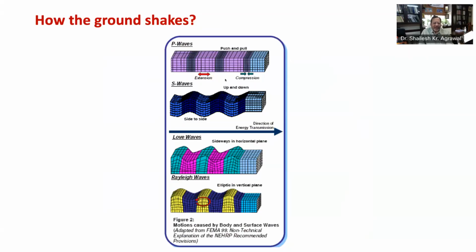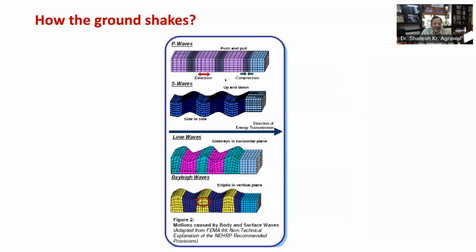Now let's look at love and Rayleigh waves. Love waves, which are surface waves, cause surface motion similar to secondary waves, whereas Rayleigh waves make material oscillate in elliptical path. P waves, being body waves, are the fastest, followed by S, love, and Rayleigh waves. S waves primarily do not travel through liquid. However, S waves in association with love waves cause maximum damage to the structure on the surface in both vertical